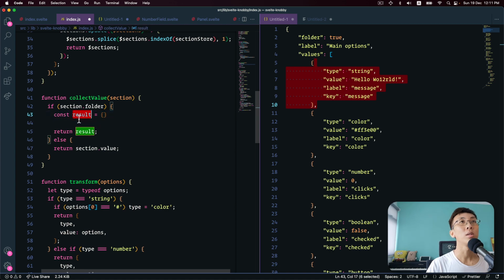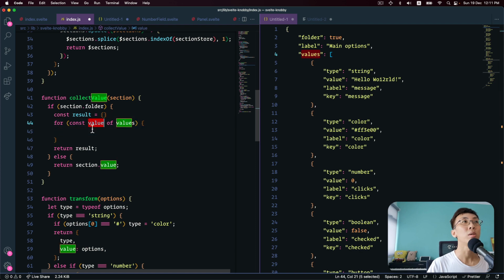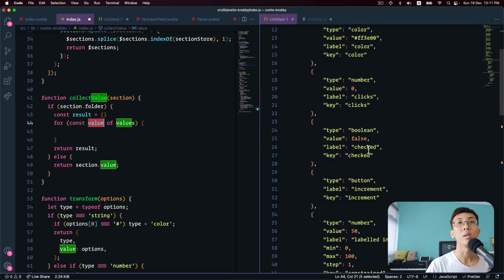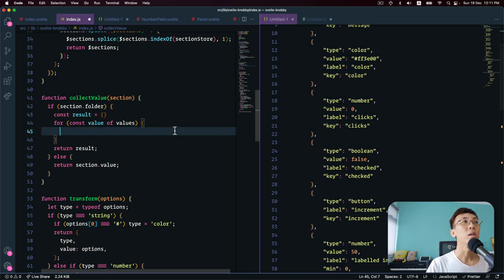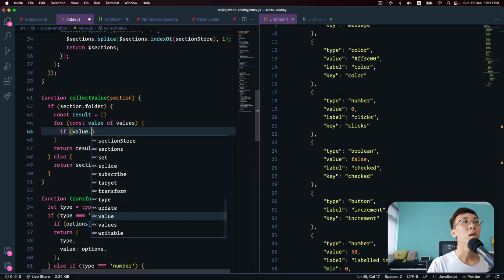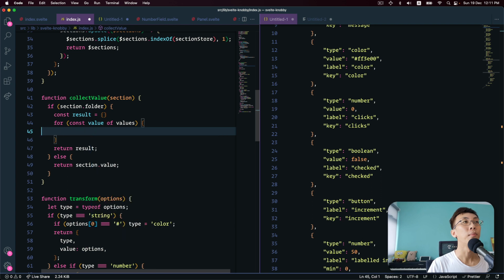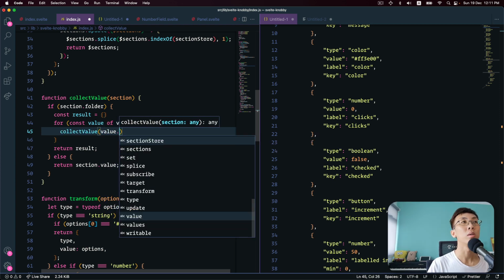So for result, then we need to loop through the values array, for value of values array, and then each of them actually I don't need a value. Wait, let me think. I think value. If value, okay, gonna do a recursive, right? Value dot